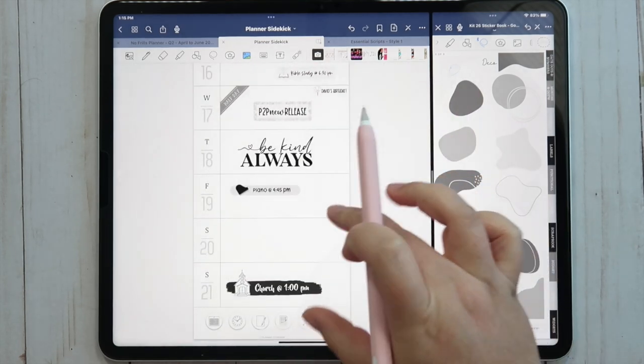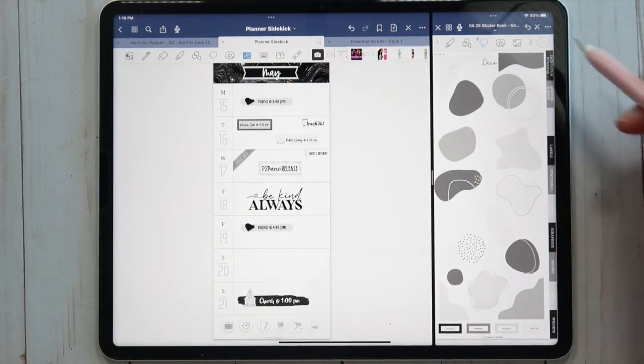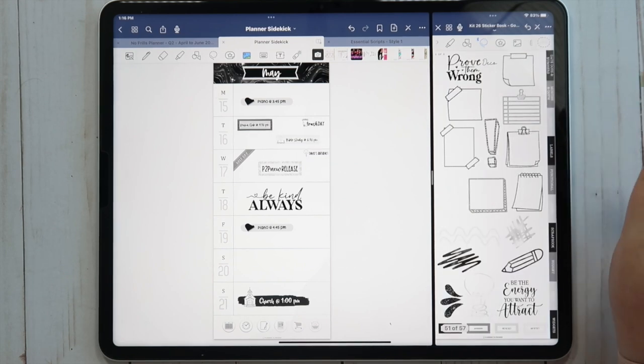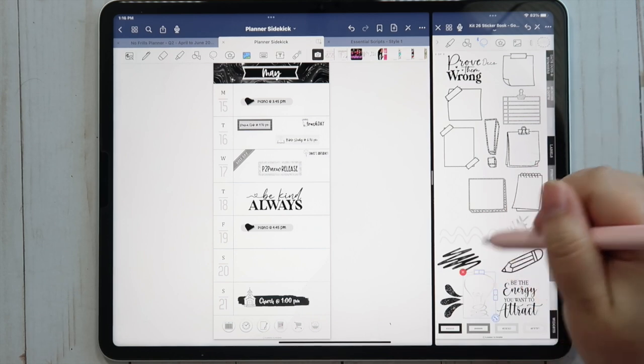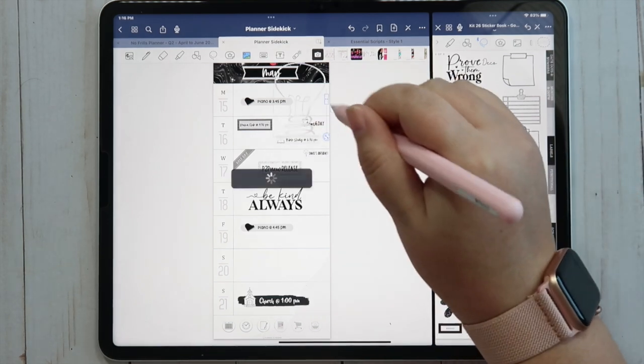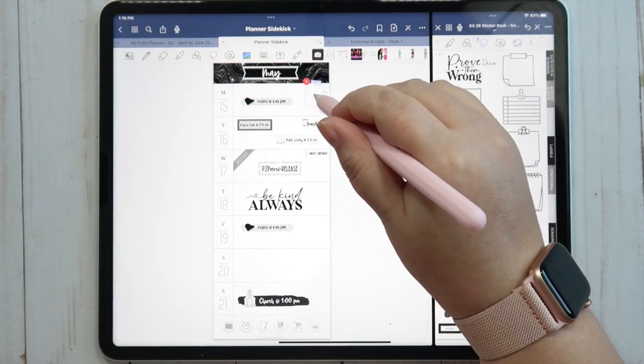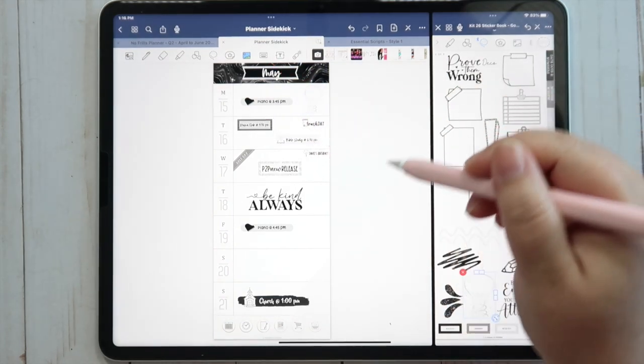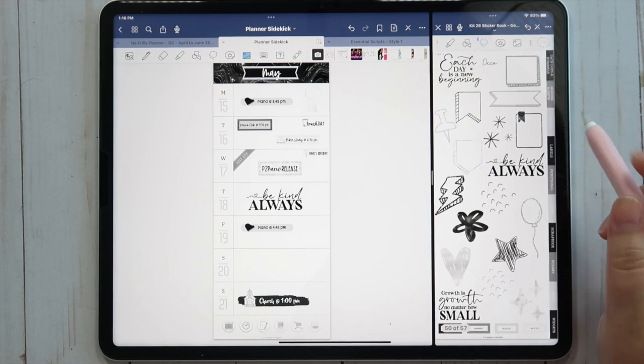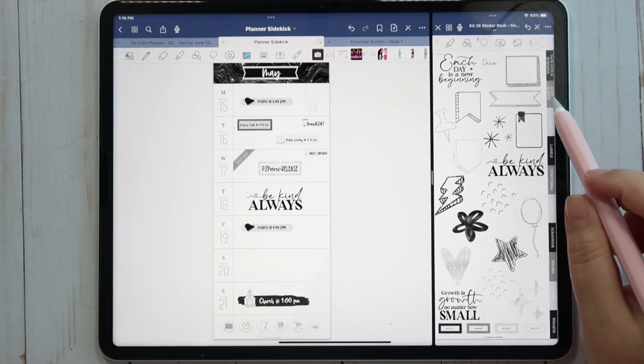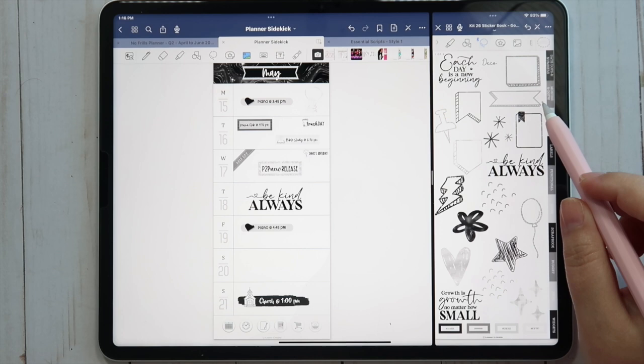There we go. Okay, and then what else? What else? What else? Kind of like this little light bulb. I love the metallics, so it's just fun kind of more abstract stuff going on here.